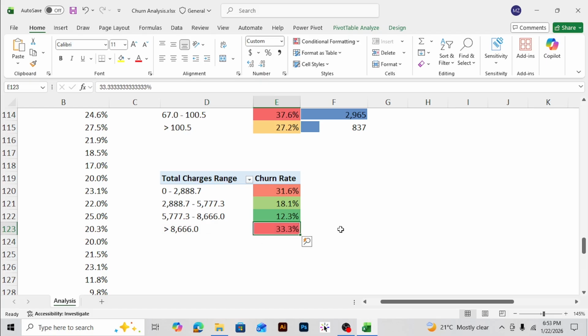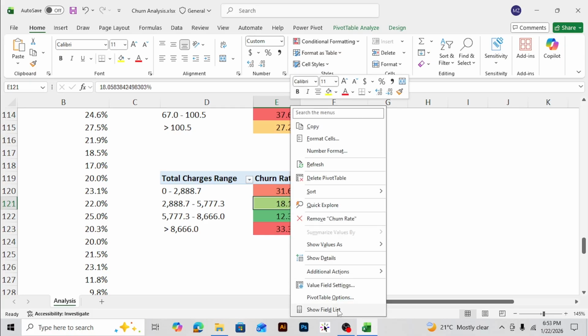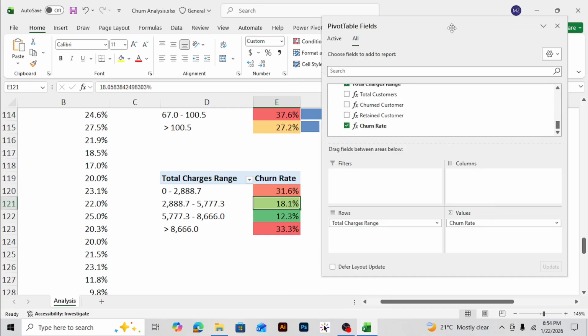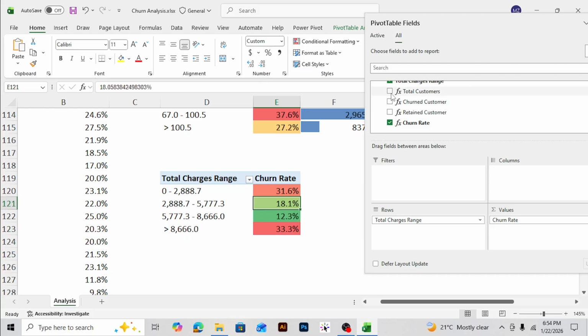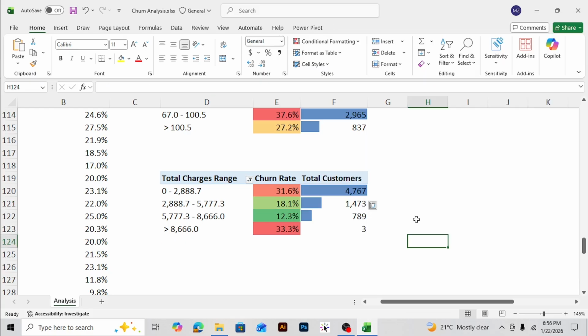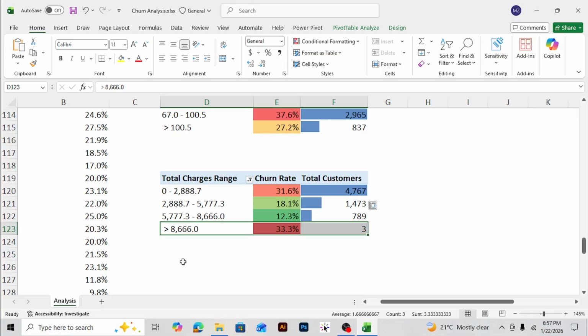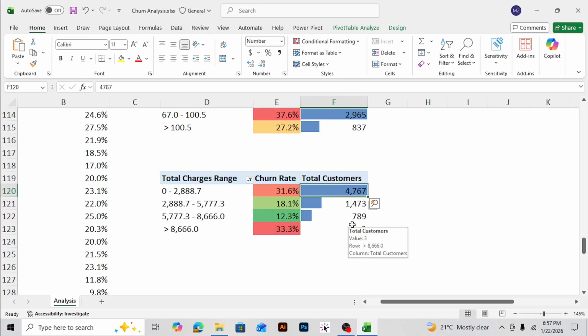So we need to figure out why the churn rate is much higher for these two categories. But if I bring another metric into this pivot table, the whole scenario will change. Let me show you what will happen if I bring the total customers into this pivot table. And the most interesting part is we have only 3 high value customers, but almost half of the customers or